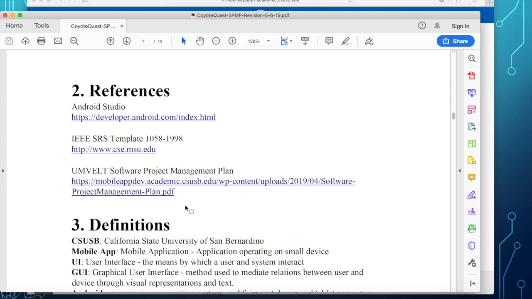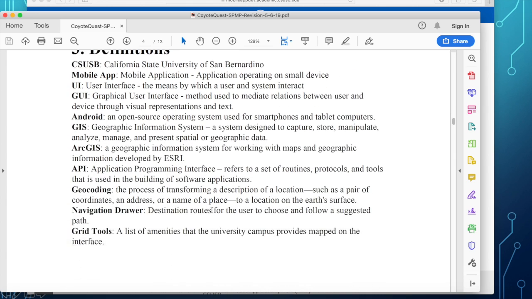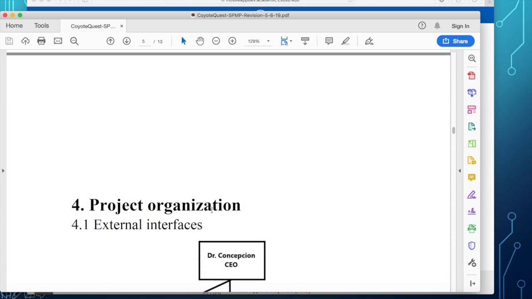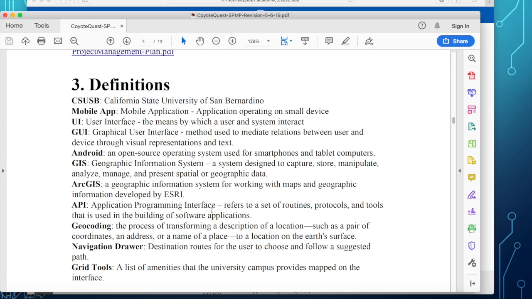Okay. Then the usual definitions of terms, and this time these definitions of terms are limited to the management. Like me, I am the CEO of the software company. But if there is a supervisor, or there is a vice president for this particular project, you will need to define all the terms that you are using.